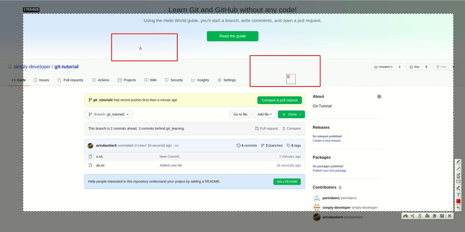Okay, if in that A there is some file, only a is there.